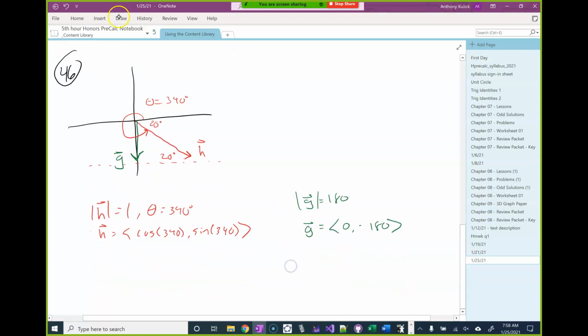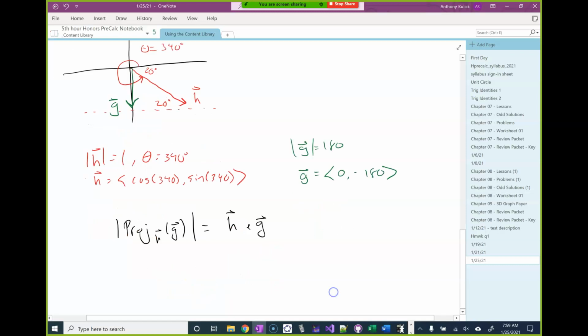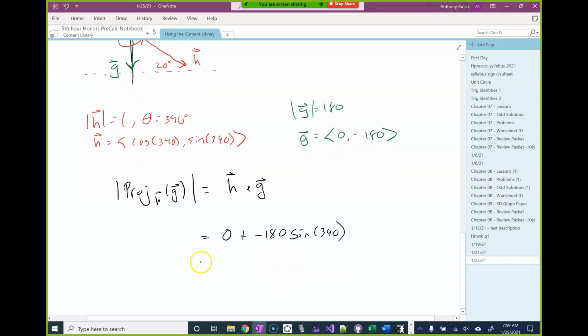Okay, so then we can just do our projection again. Cutting through some of our steps here and going straight to knowing the magnitude is the same as the dot product, that's just going to be cosine 340 times 0, which is just 0, plus sine 340 times negative 180, which comes out to be